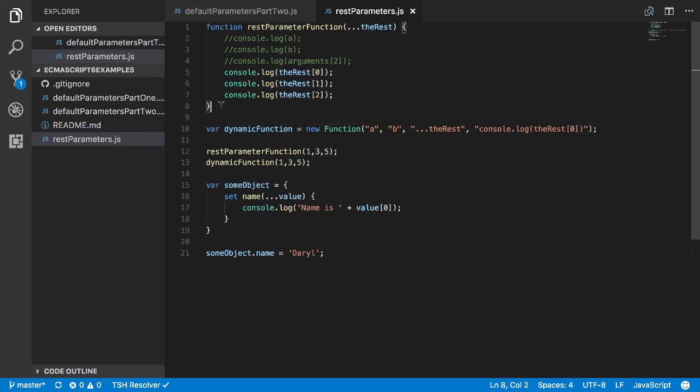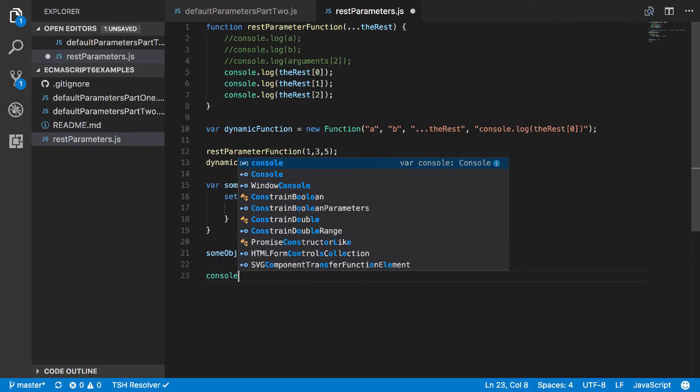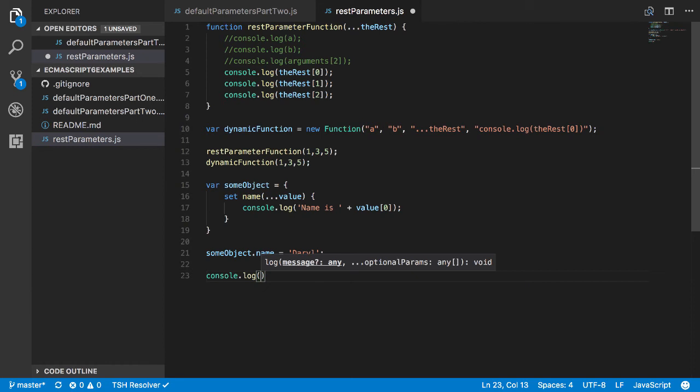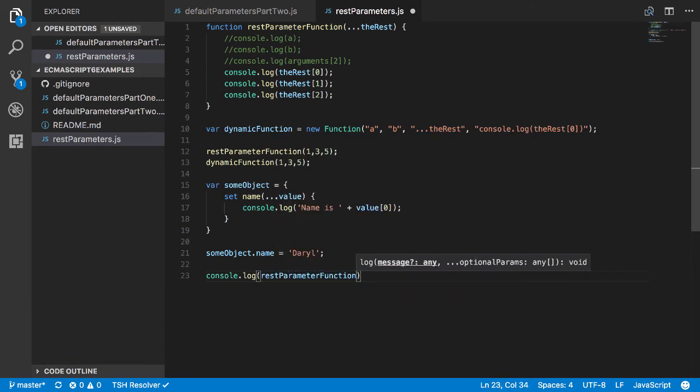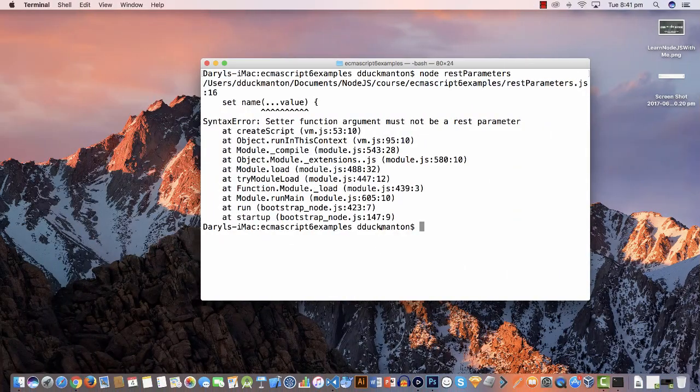So, for example, if I come down here and I go console.log and I go REST parameter function dot length, alright, you're probably like, what the hell? A function has a length now? Yeah, it's based on this thing here, right? So if I come down and I save that and I run it,